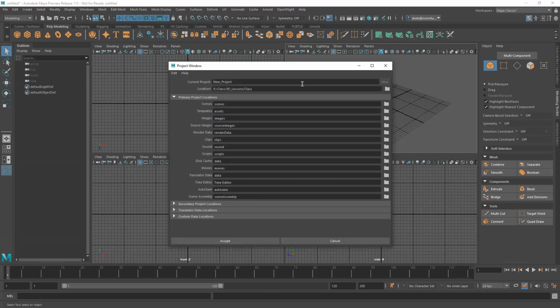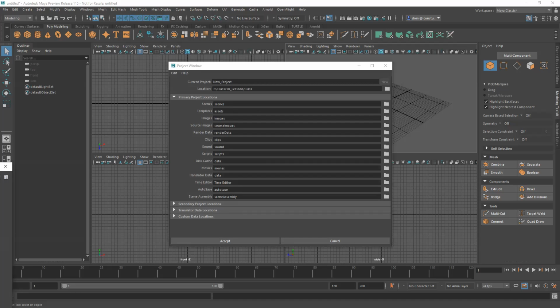Okay, so now these dialog boxes are open. You can actually do stuff in them. I'm just going to use the default name here for new project. I'm not going to change it at all. But later on, when you have your own specific project, this is where you would change it. And what I'm going to do is change the location of it. So I'm going to click on this button here,